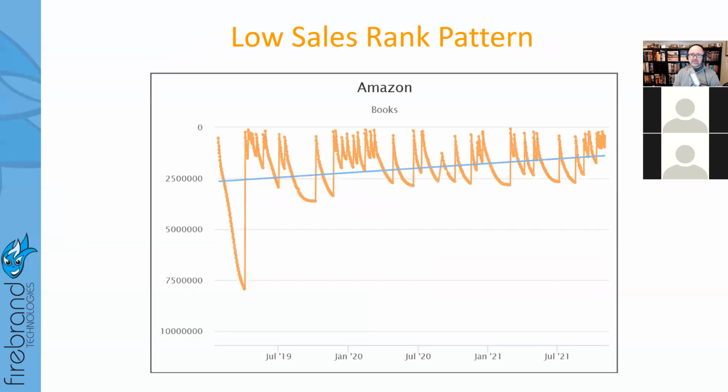If your book sells once every couple of weeks or once in a while, especially if sales are inconsistent, then your sales rank pattern will look something like this. You'll see a big jump, then a slow decline into a trough, and then a big jump and another decline into a trough. That's a standard pattern that we've seen tracking sales rank over the last 3 to 5 years. What you want to look for, though, is the places along that path where things tighten up,